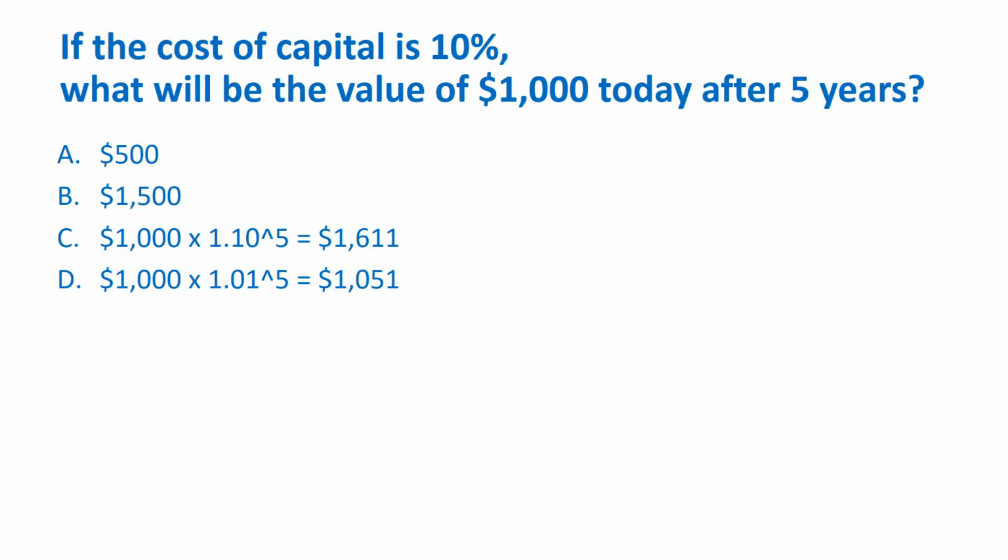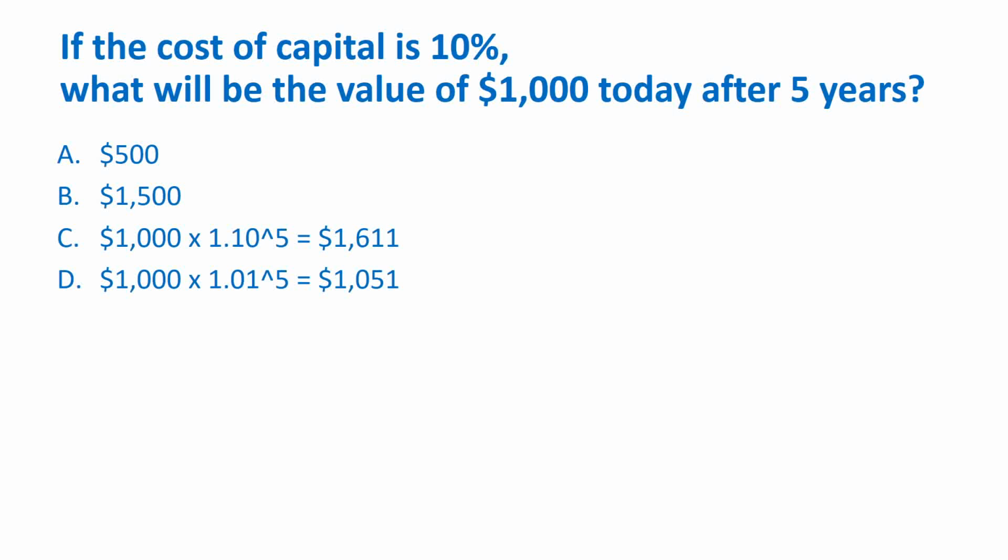If you remember our example there, $1 will become 1.2 to the power 3 after 3 years, but if it's after 5 years, you see the pattern, 1.2 to the power 5. But in our case it's 10%, so it's 1.1 to the power 5, so 1,611. So if you borrowed $1,000 today, and if you want to settle it after 5 years, you got to pay